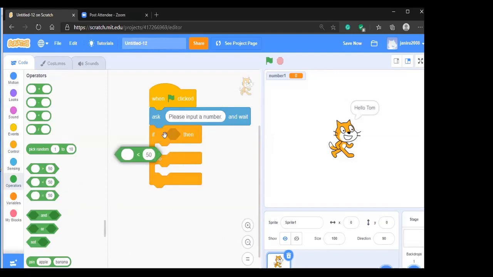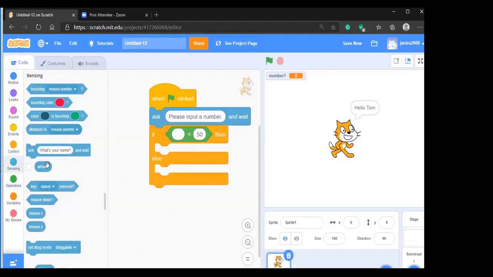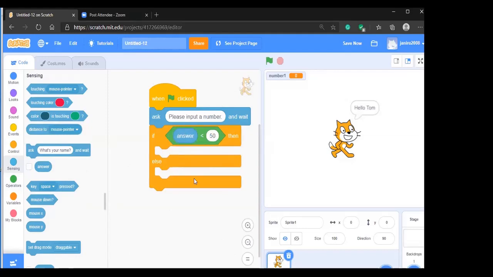If it is less than 50, we can check now. If something is less than 50, then you want to do this, else you want to do this. So what we want to check is the answer. We get the answer and check whether the answer is less than 50.